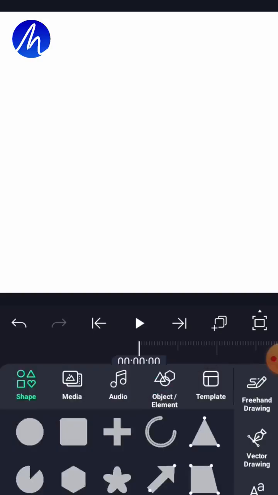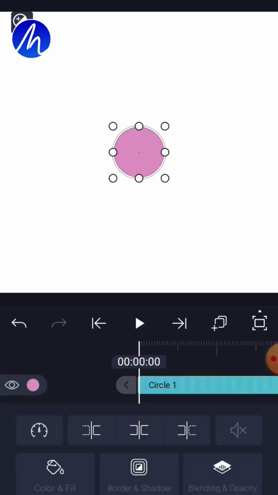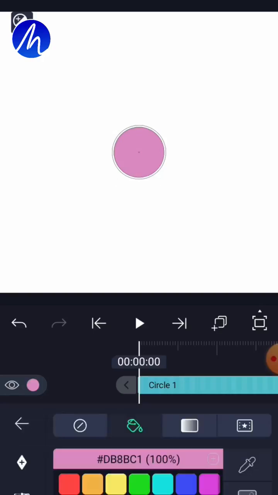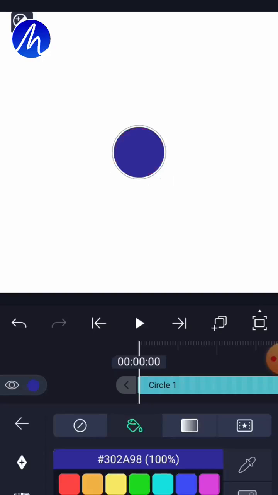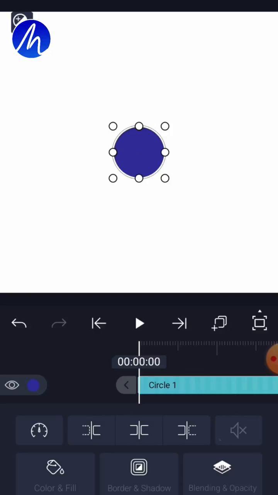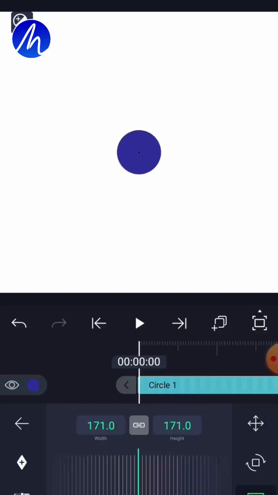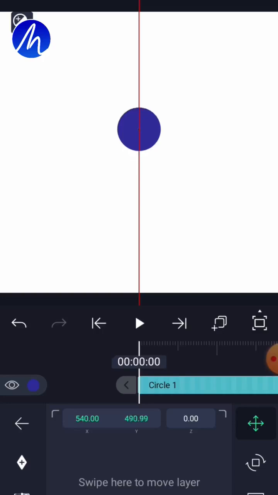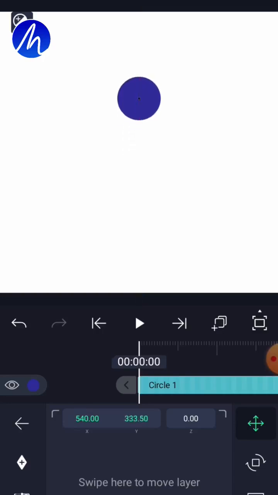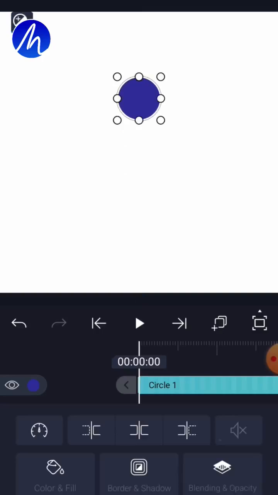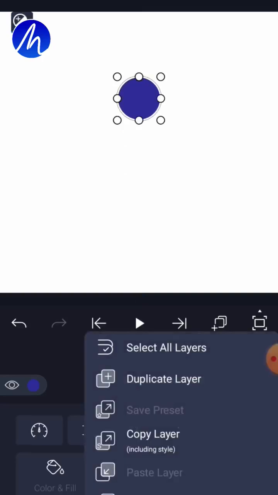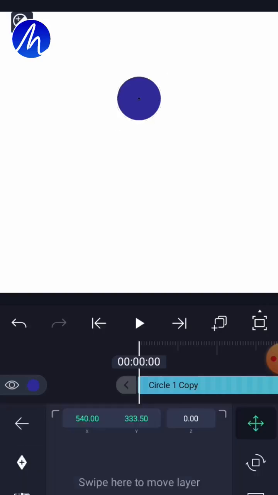Now let's first create those little children objects, or let me call them the daughter objects first. Now we'll start by using the circle shape. We'll create the first circle. This will be our object number 1. We'll give it a blue color. Come to your transform and move. You select the scale, reduce the size a little bit, and come to the position to position it up here. Alright, good. Now you duplicate this, which means to copy also. You duplicate it, you come and bring this one down,